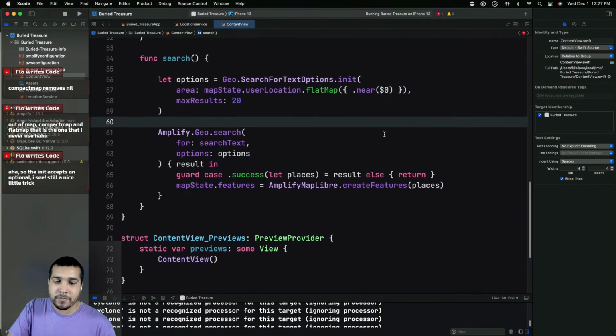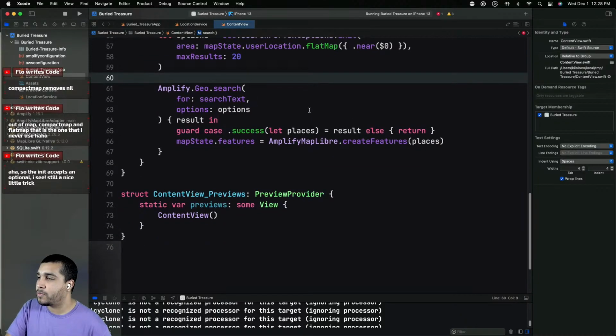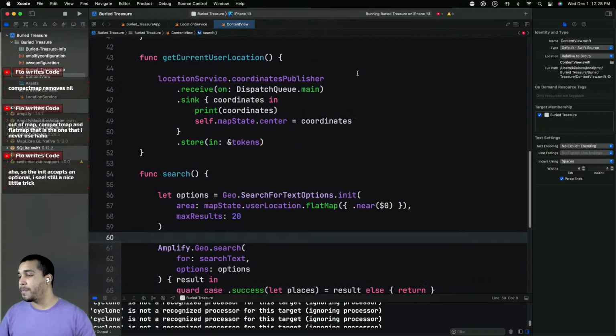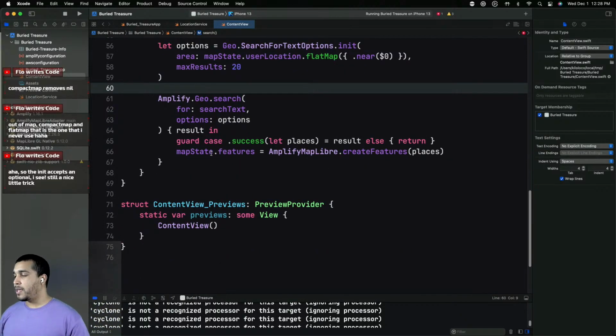Yeah, compact map gets you the array without the nil objects. I've used that one a lot with, I think, Combine. Combine's where you use compact map a lot, I think. But yeah,